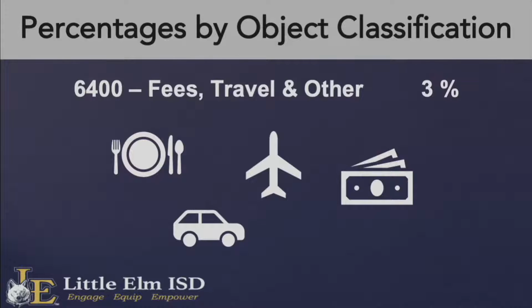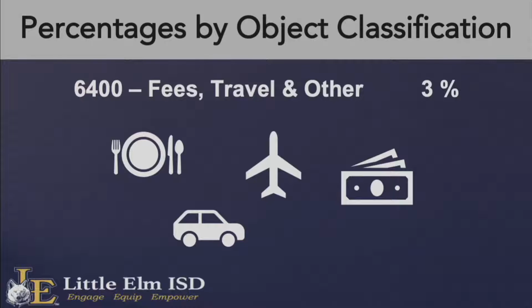Travel is another one of those hot topics that sometimes someone will abuse somewhere in the state, and so it gets all of this attention in the newspaper. That's 0.8% of our entire budget, and that includes student travel. When you think about every place that they go for a field trip or getting to a competition or a game, about 0.8% is that,